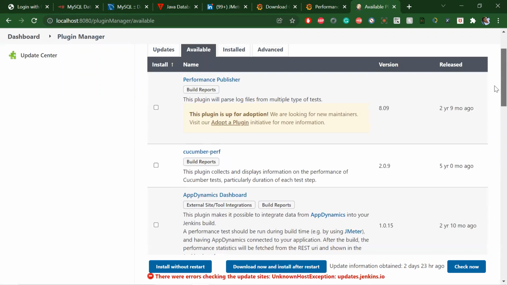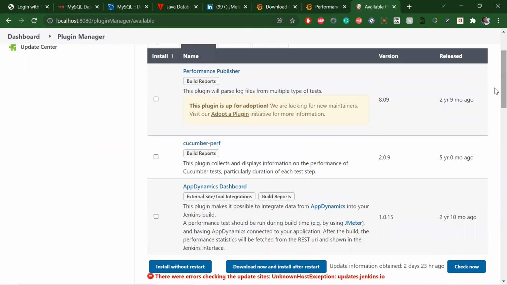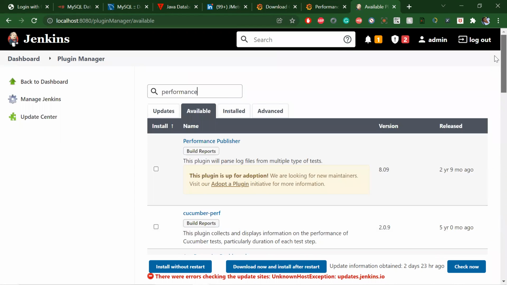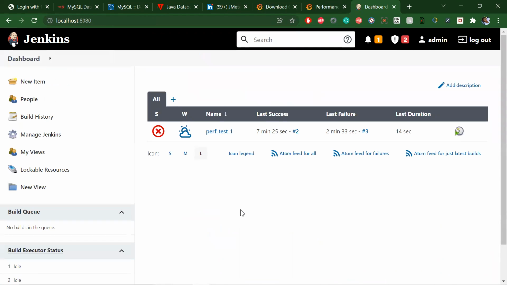Okay, I think that one is there. One more is there, I think. We will get the graph. So it's clear, right? This is where we'll use Jenkins and the job. Okay, then let me stop the recording.